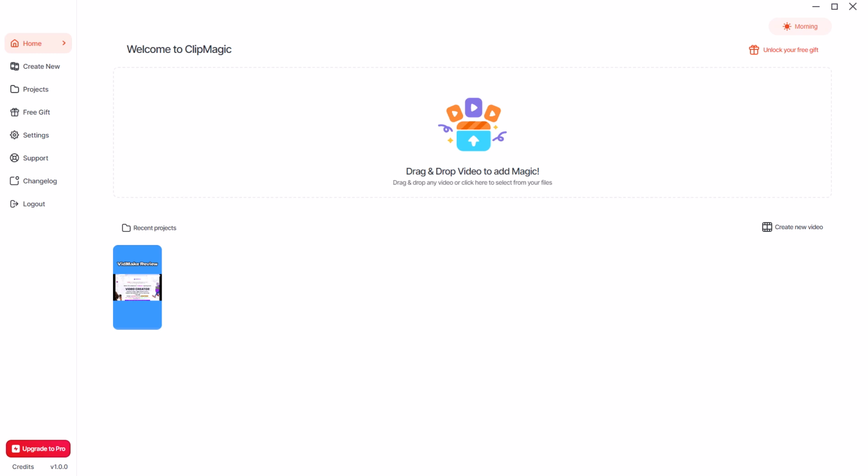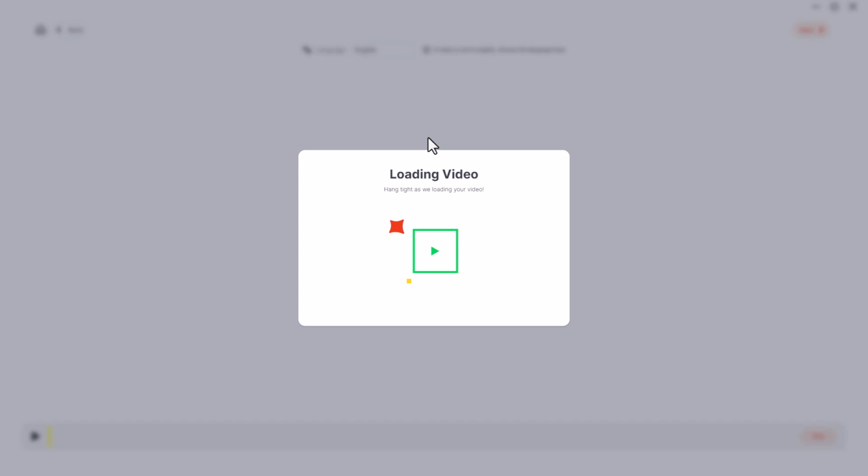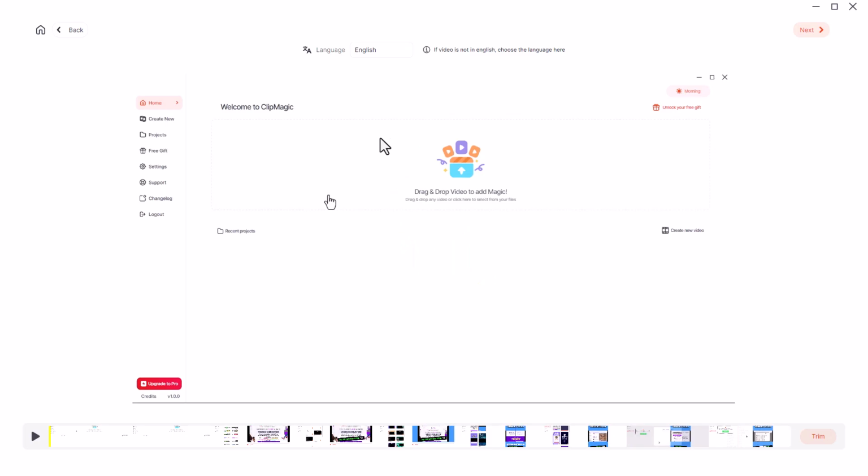All I have to do is drag it in, and it's going to be my Clipmagick review. So I'm going to drag it in and things start happening. Now in the Clipmagick review, I did quite a thorough review of Clipmagick. I mentioned the free and the upgrade version.